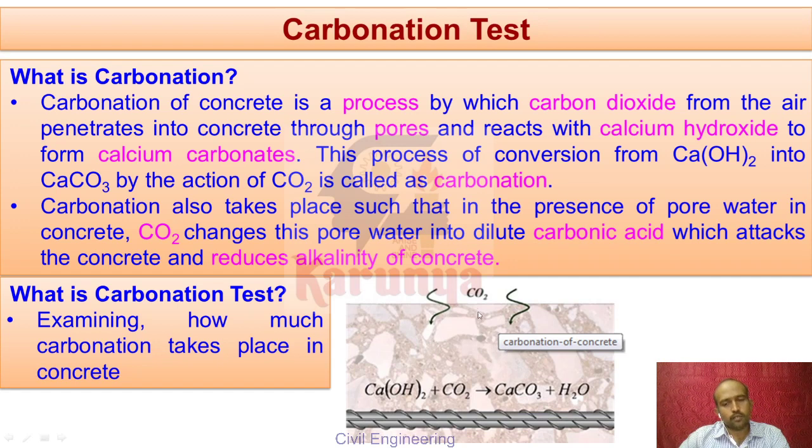What happens to the concrete because of these two processes? Because of carbonation, the alkalinity of concrete is reduced. Normally, the alkalinity of concrete is above 13. Because of the carbonation process, it is reduced to 8.3. Because alkalinity is reduced, the passivating layer of the reinforcement is reduced. Because the passivating layer is reduced, it initiates the corrosion process. So this is very important for corrosion taking place in the reinforcement.